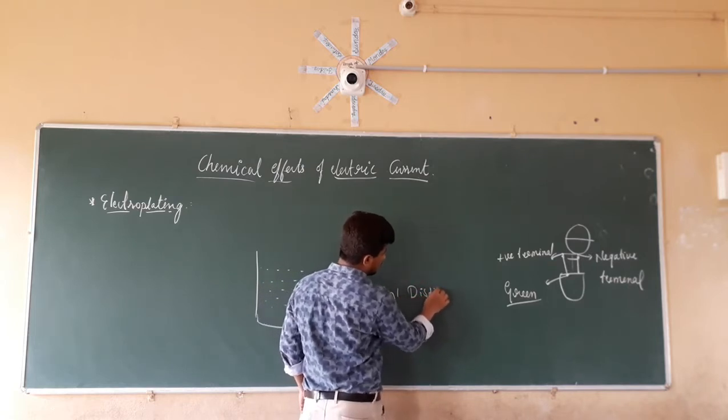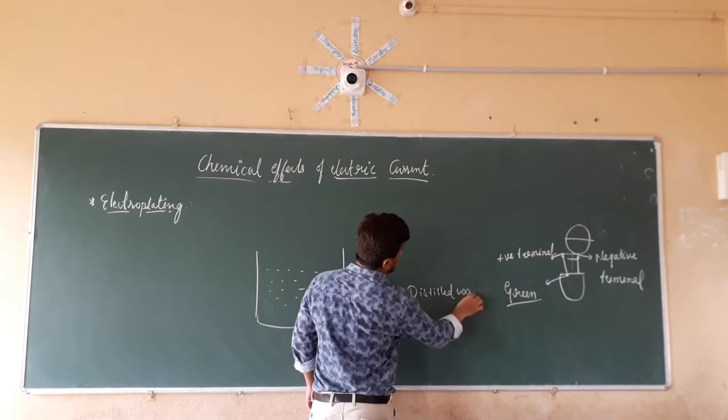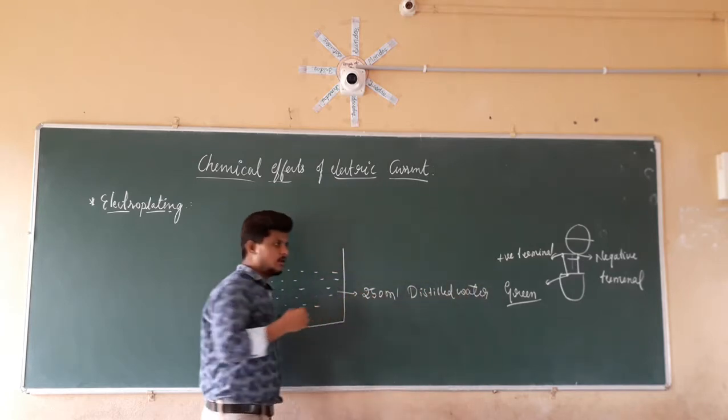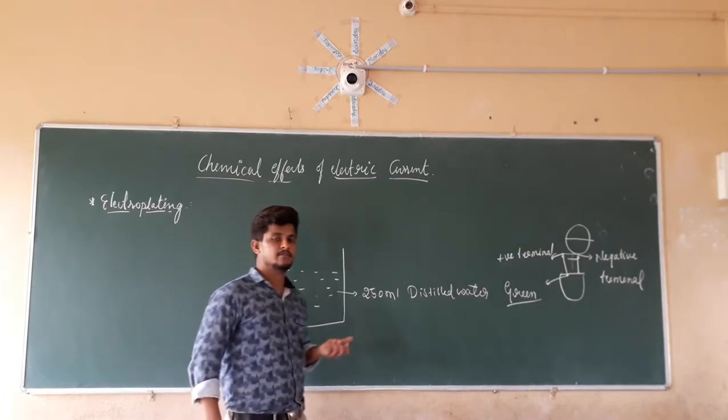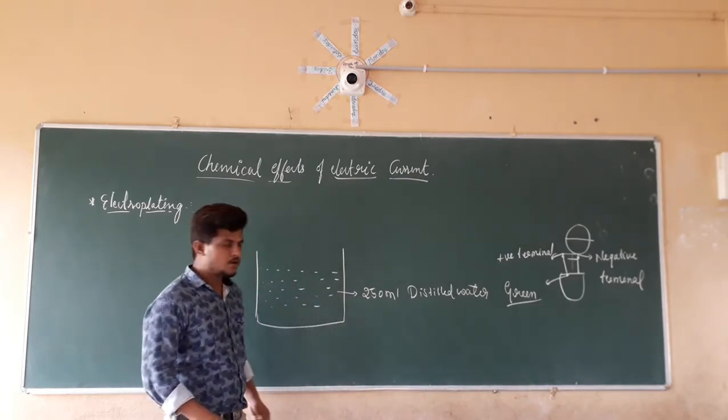Ml of distilled water. It is non-conducting material. We already checked that distilled water is non-conducting. It is not going to conduct electricity. In that distilled water, we are going to add 2